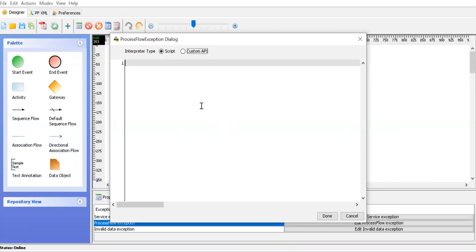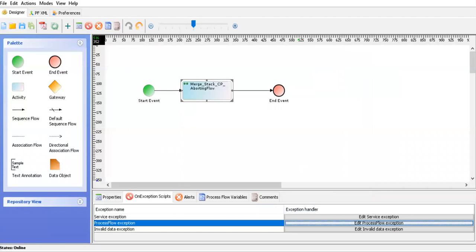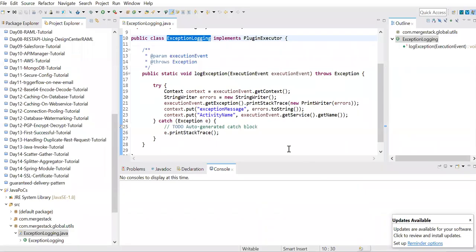So in that scenario, you really need to know what the exception message is and what the activity name is. From these two pieces of information, for audit purposes, maybe you can log it, or if you want to tell someone who is responsible for this process flow, you can notify them. Okay, so let me show you how we can catch that activity name and the exception message. So we need to write a custom Java code, and then pull that information and give it back to the process flow again. Okay.